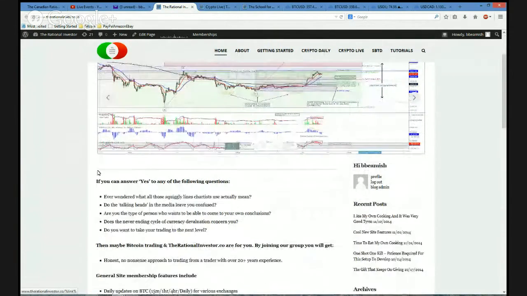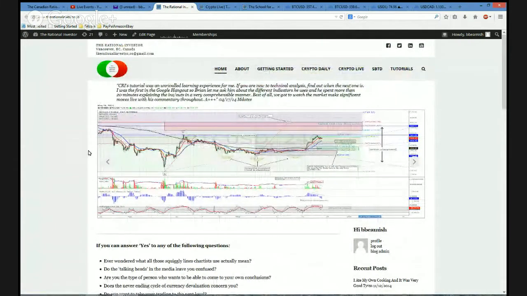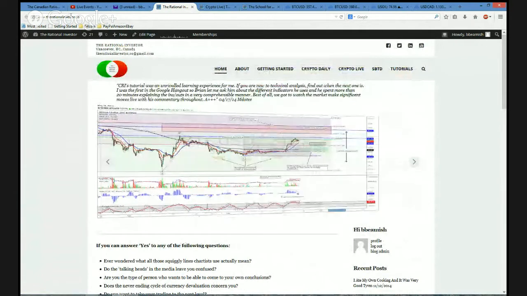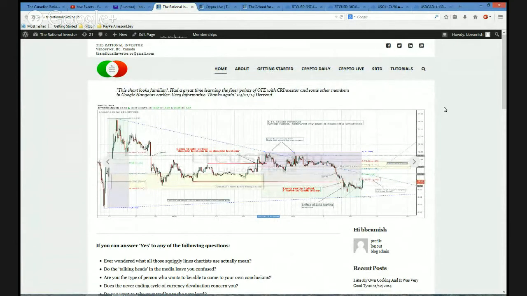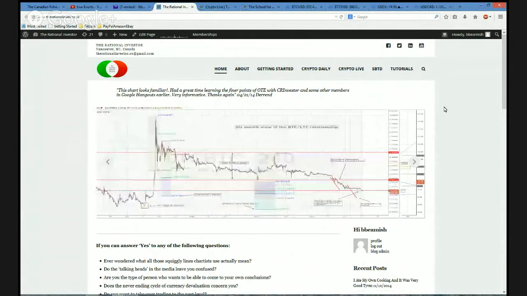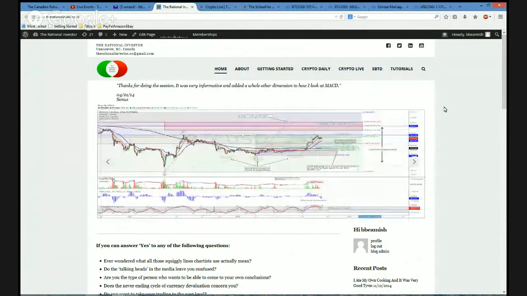Just a quick introduction to what we do here. Basically, as you can see by the chart, we're actively trading Bitcoin and the cryptocurrencies. And my partner, Julian, has put together this WordPress site, and it serves our purpose nicely as both a portal to enter our trading community, and as an excellent way to keep abreast of what I'm looking at in the market at any given point in time.